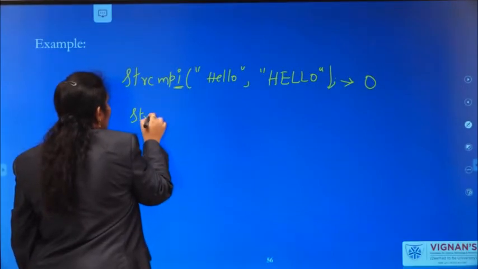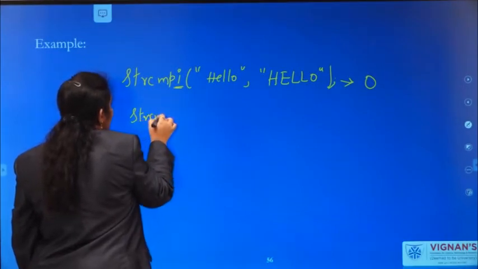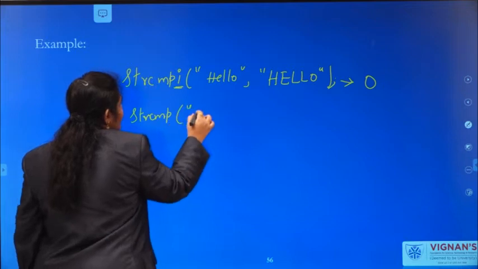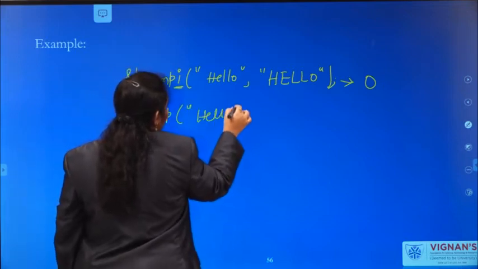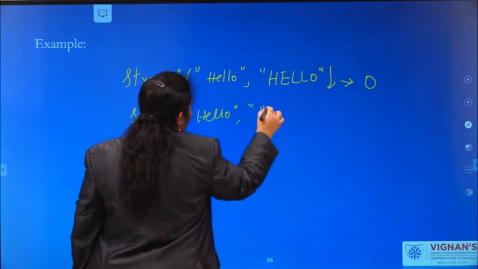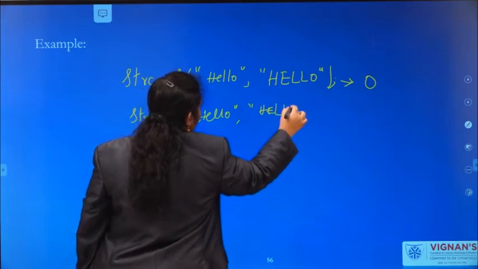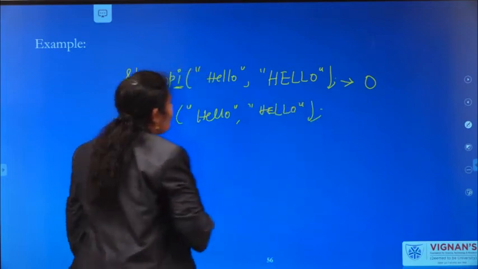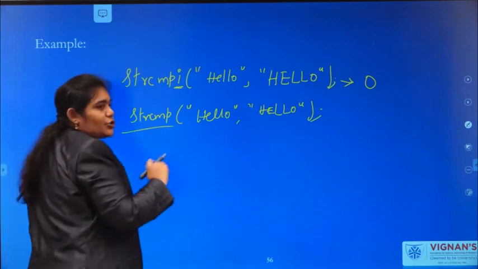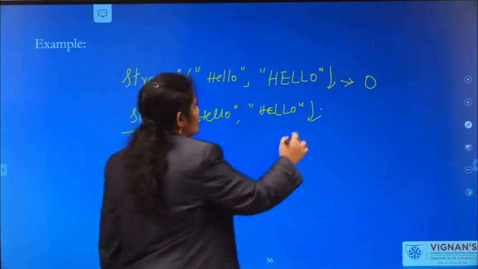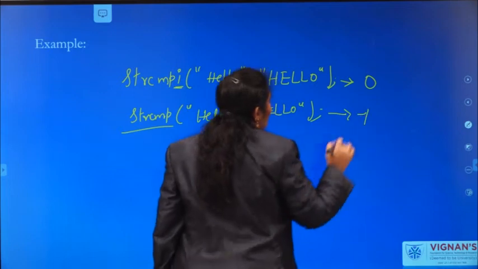The same input, if you pass to strcmp, hello, comma, then what happened? strcmp should consider the case also. So it will return minus 1.